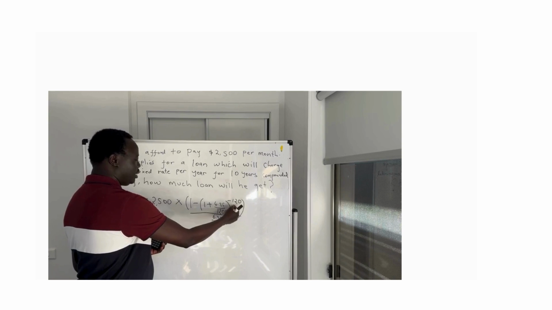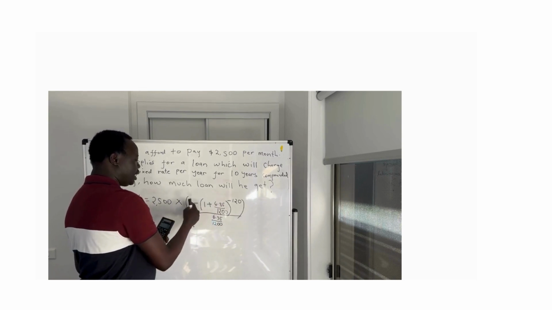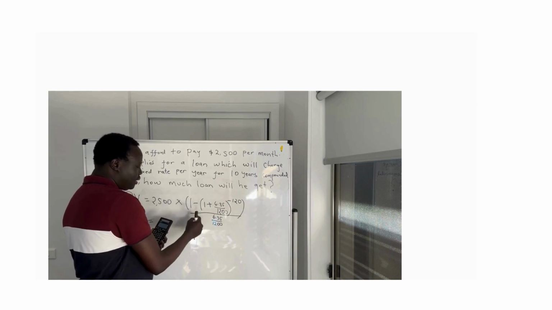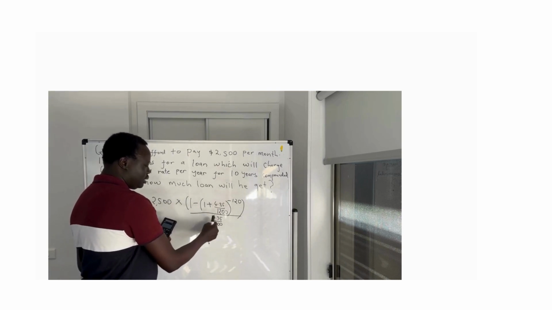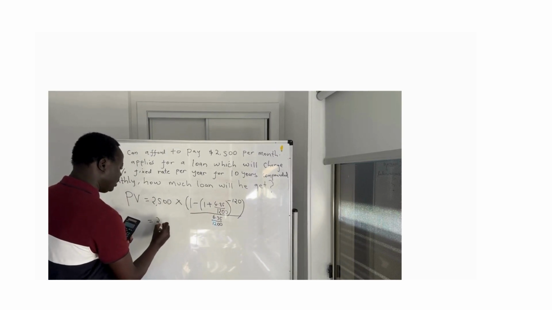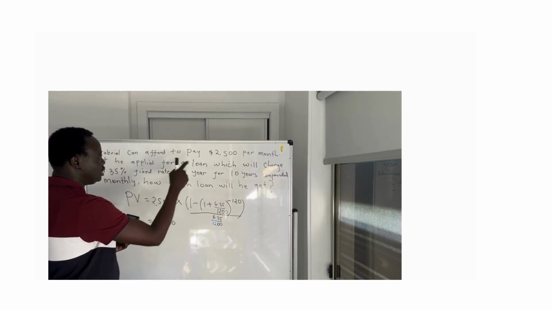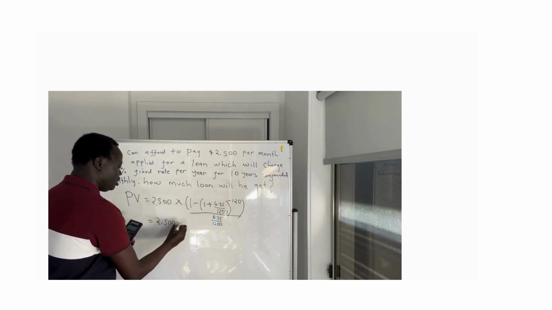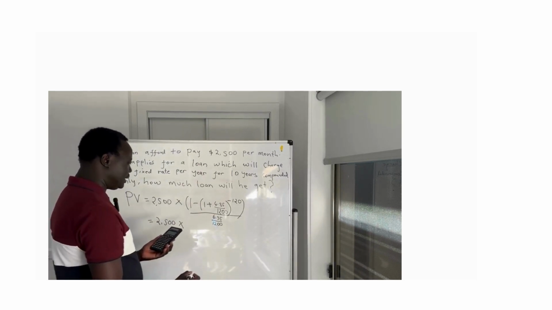And once you have that part, subtract whatever you got here from 1. And then divide that by what you have here at the bottom. So what you will have from this side, you have that regular payment, which is 2,500 times